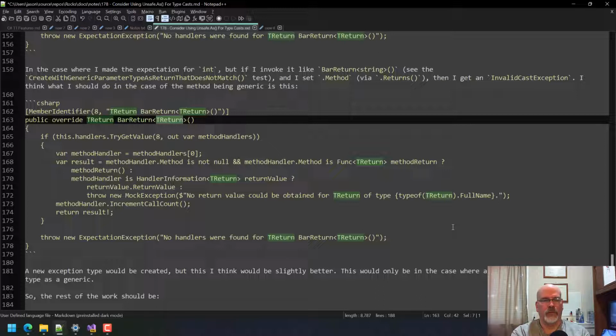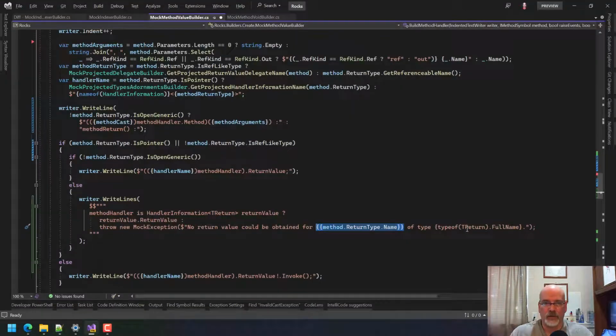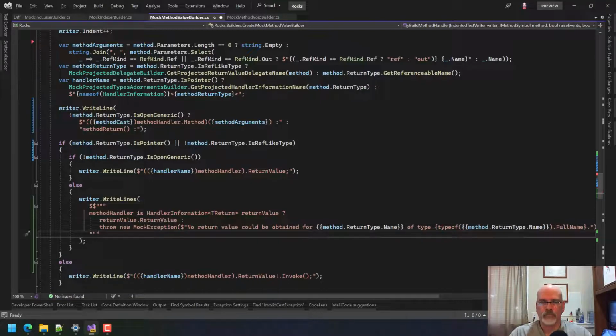Like that should resolve at runtime and say, well, if you passed in a string, it would say type of T return, which is a string, the full name. I think that should be good. Except you're being too clever. We can't put the type here because this is at compile time. We don't know what it is. We need it at runtime.